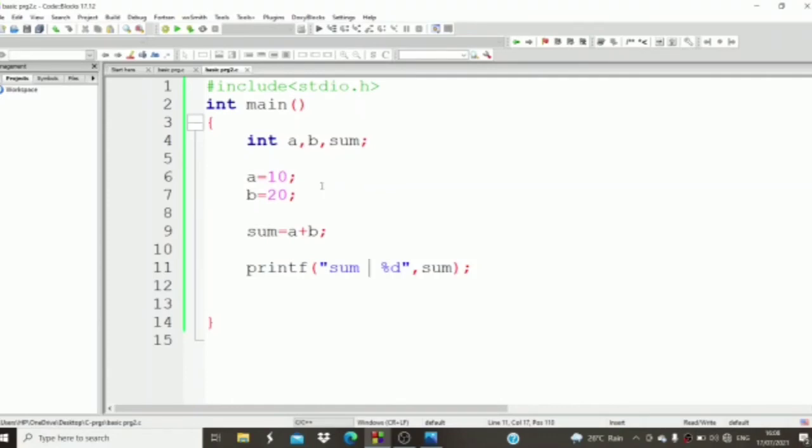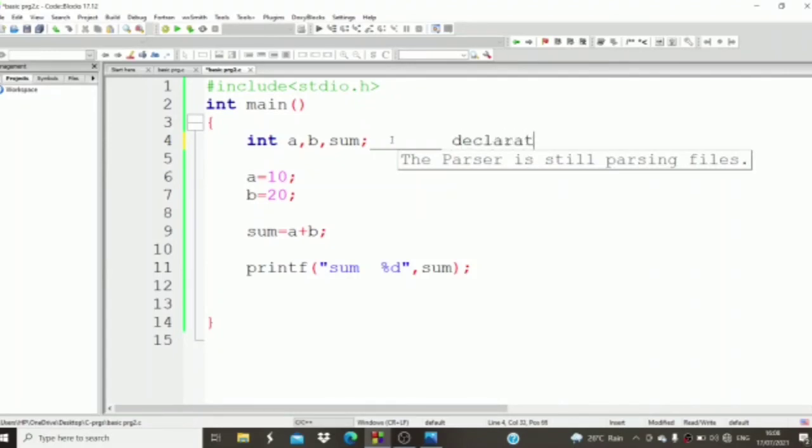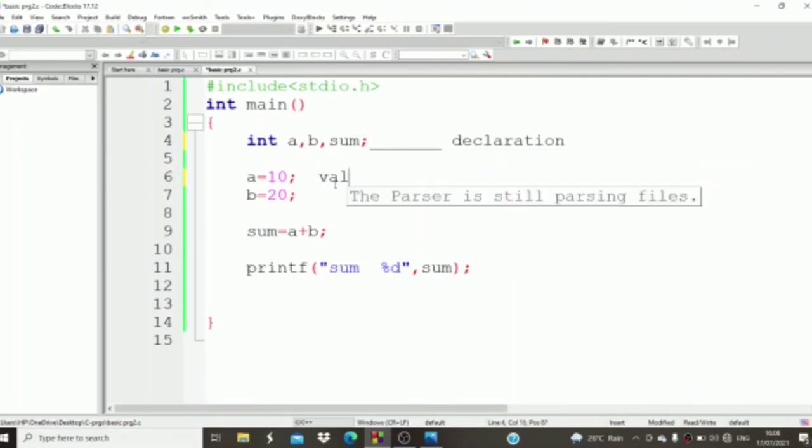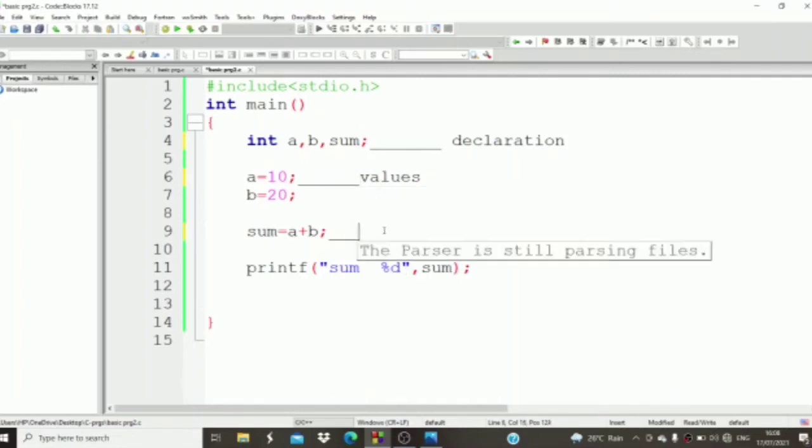So this is just a simple program. This is the variable declaration. Then the values; we gave both values. Then the formula.